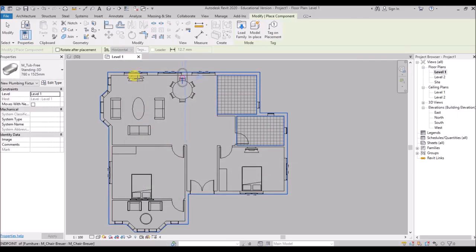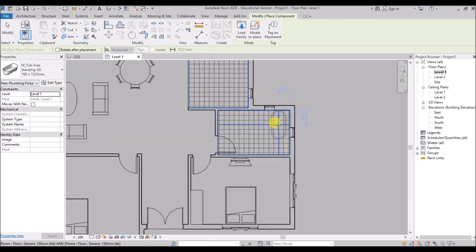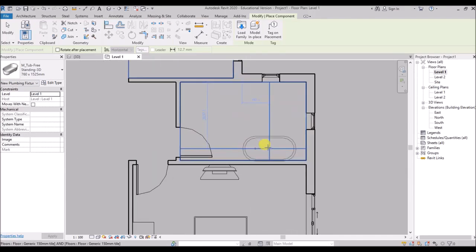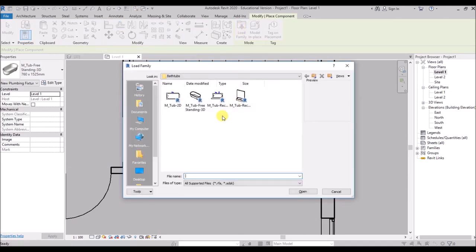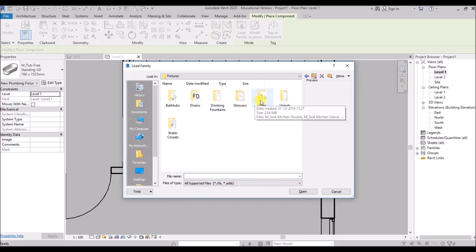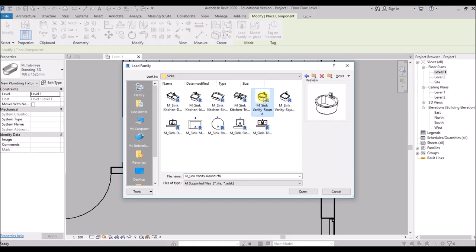I'll add this one, then place it at the bathroom as shown. Press spacebar to change the orientation of the bathtub. This looks nice. Now click on load family again, click on back, get into this sinks folder, select this round